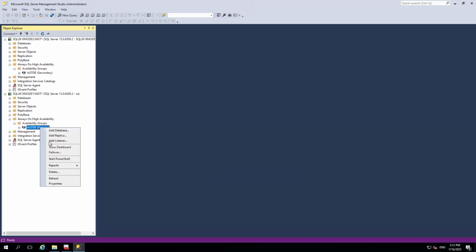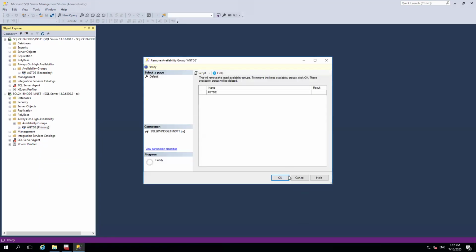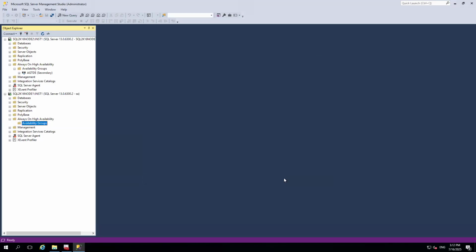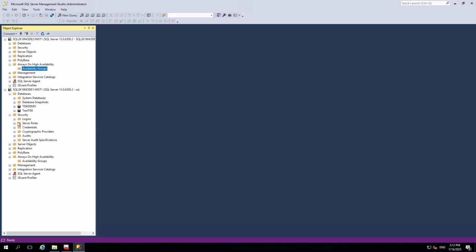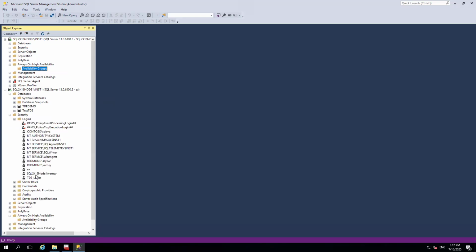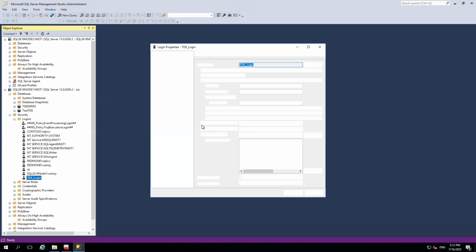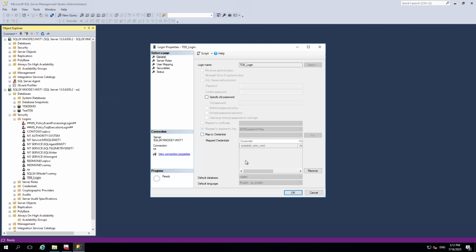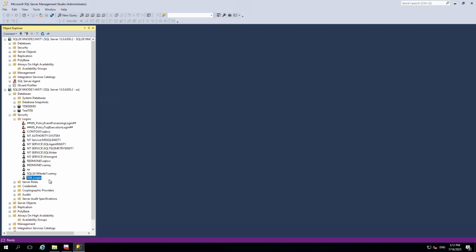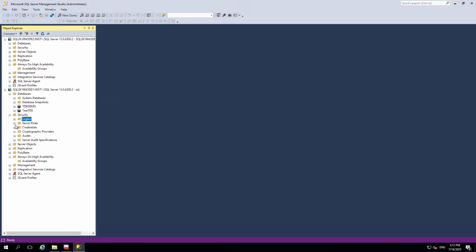Let me drop everything. Okay, fine, let me drop these two databases. Before I drop these databases, first of all, there is a series of steps that we need to do. Let me first drop the login. It will take just 2 to 3 minutes to drop this, and once that is done, we are fine to proceed. So let me drop